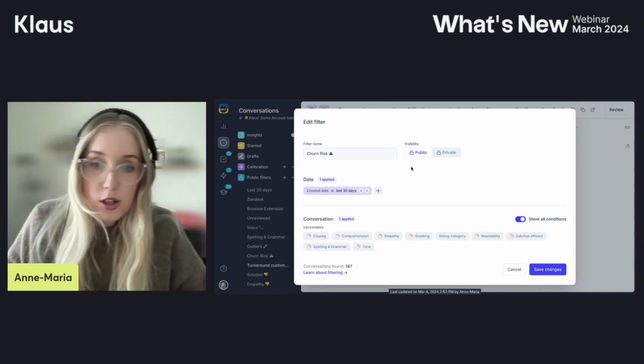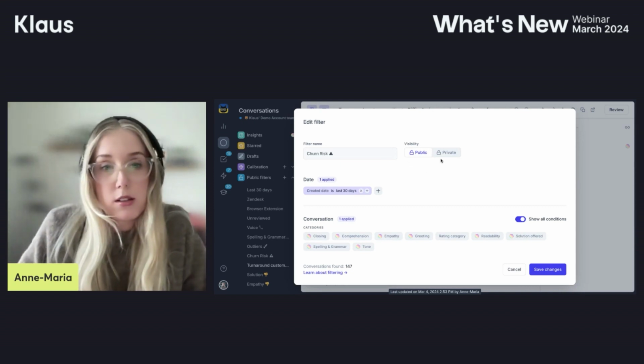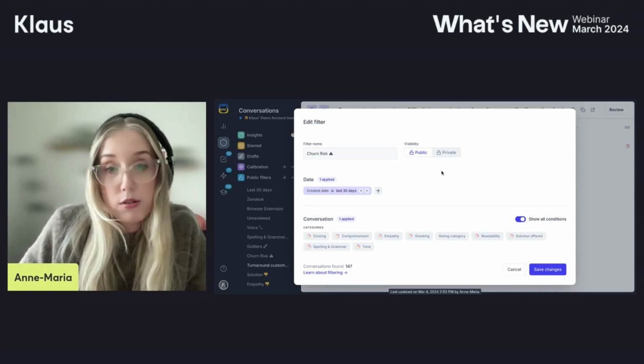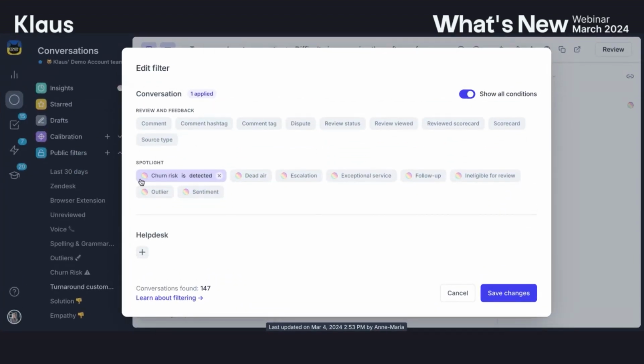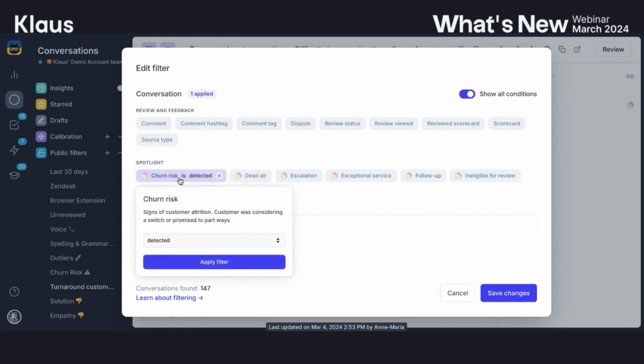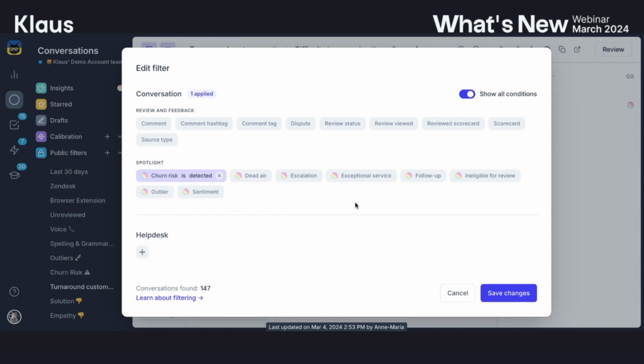So essentially, where you can find the Spotlight filters is first in the conversation view. If you open up the filters, they are in the bottom part of the filters. So you can see them here. Here I have the churn risk added as detected. So again, you can combine them, have different setups, but I will show you first how it looks when